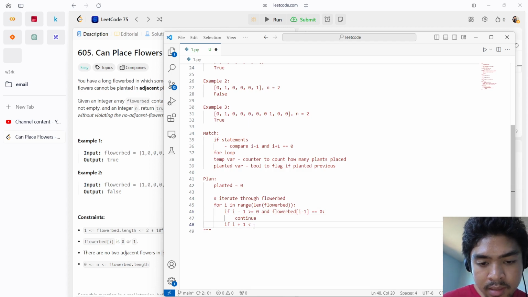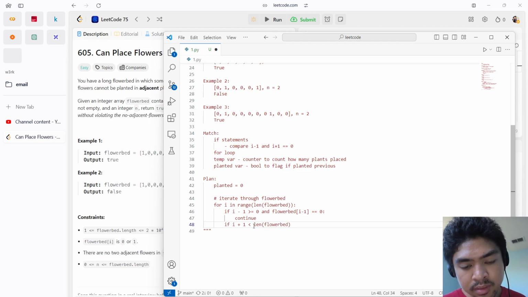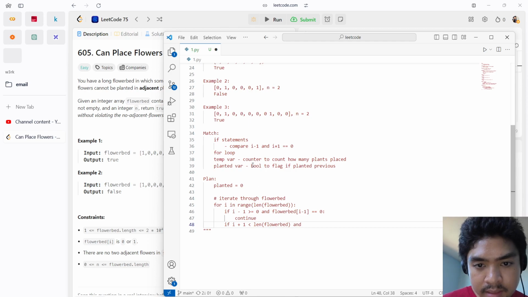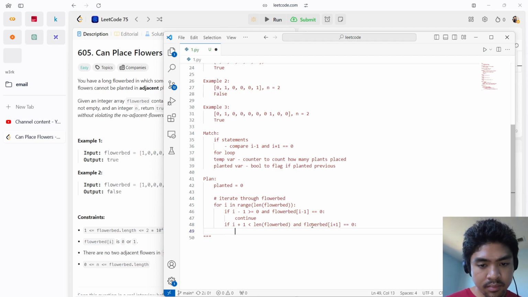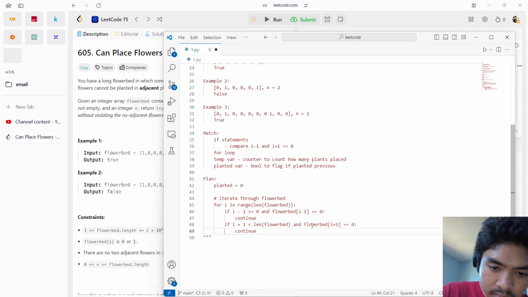And then if i plus one is less than n, or the length of the flower bed, right? If i plus one is less than the length of the flower bed, and flower bed at i plus one is equal to zero, then we can continue. So if it's those cases,